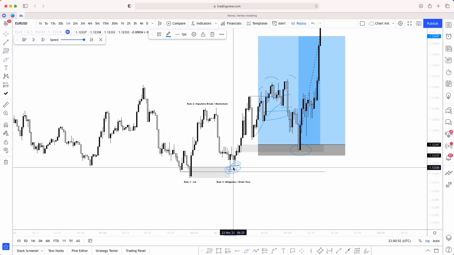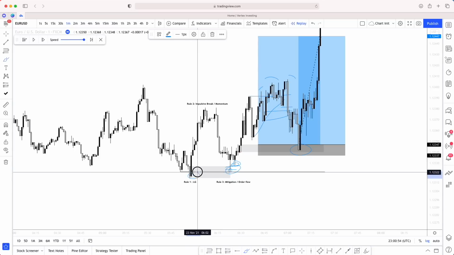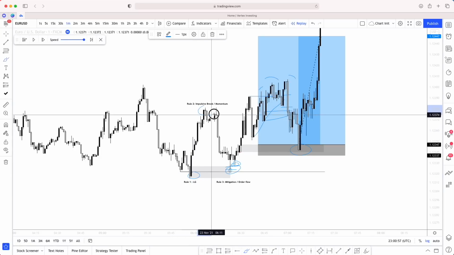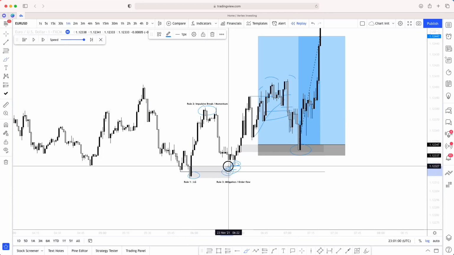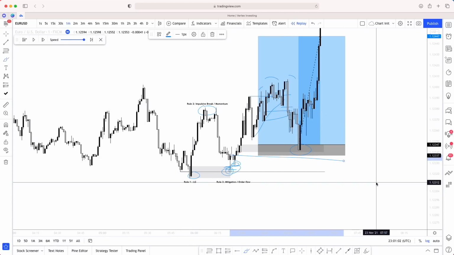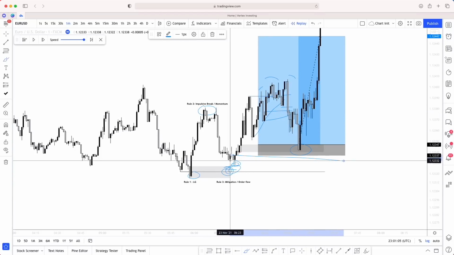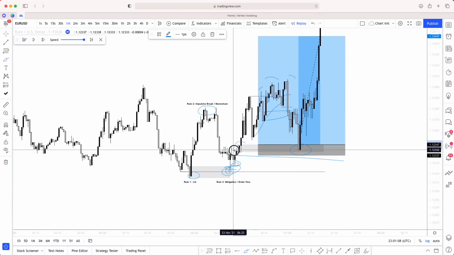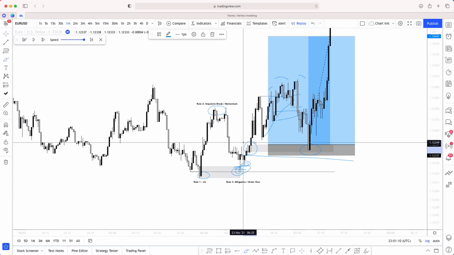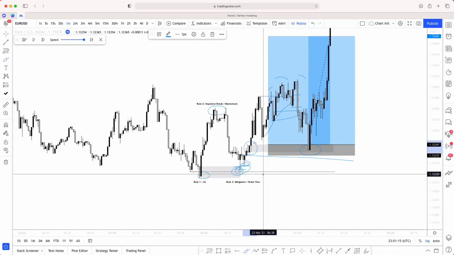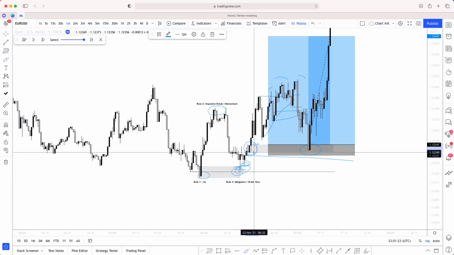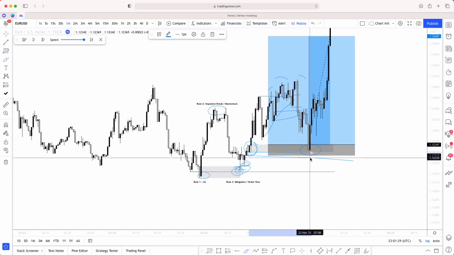So the whole rules is you want to find that liquidity grab as your rule 1. You want to have the impulsive break as your rule 2. You want to have the form mitigation as your rule 3, and then you enter following that. The way that you guys would differ as traders is how far you refine like this. Would you refine this far? Some people wouldn't. Some people would just place your entry here and your stop loss below this, which is fine. It's completely up to you how cautious you wish to be. For me, that gives you an extra layer of confidence, because you have that point of invalidation on your lower time frame. That's just how I see it.